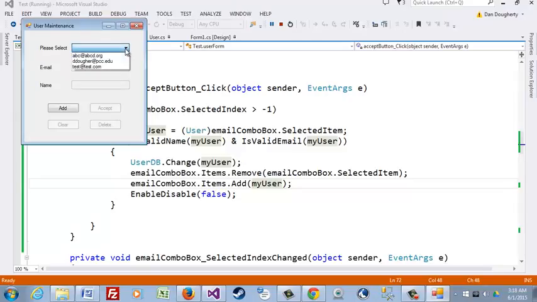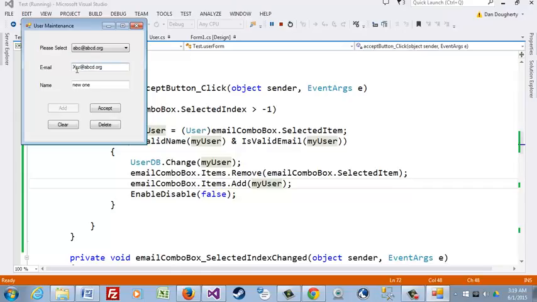We'll select the user. Notice that they're very nicely sorted in alphabetical order. So we'll select the user, okay, and let's just see what happens when we delete all of these things. This says, please enter an email length between 1 and 50, and this says, please enter a name length between 1 and 50. So if we put in a name, and we can always clear things out, let's change ABC to XYZ,